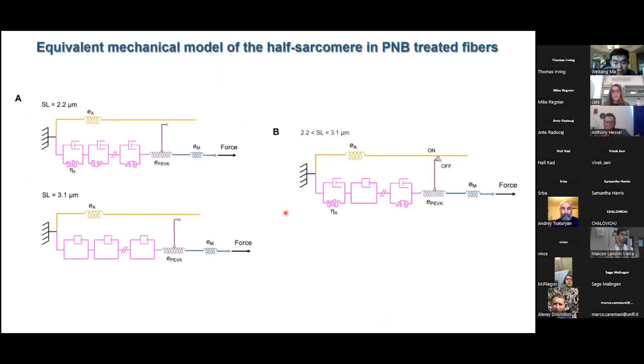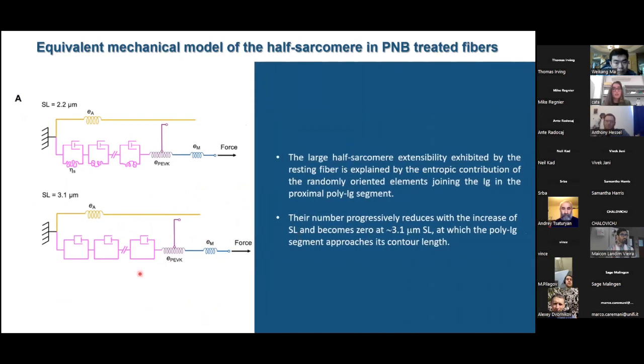Both the resting and the active mechanical properties of the sarcomere in the presence of para-nitroblebbistatin are summarized by this equivalent mechanical model. And so the larger sarcomere extensibility